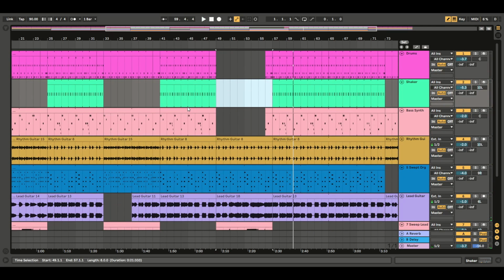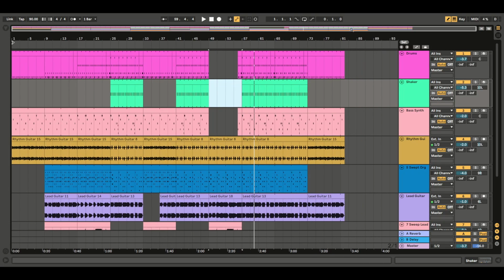Sounding pretty good. So I think I'm going to leave it there with what we've recorded. That is a take of our song using the session view to capture a version of the song which has then recorded and laid itself out in the arrangement view, and that is done then for you to go in and tweak and amend. I'm going to save the song so we've got a version of it,